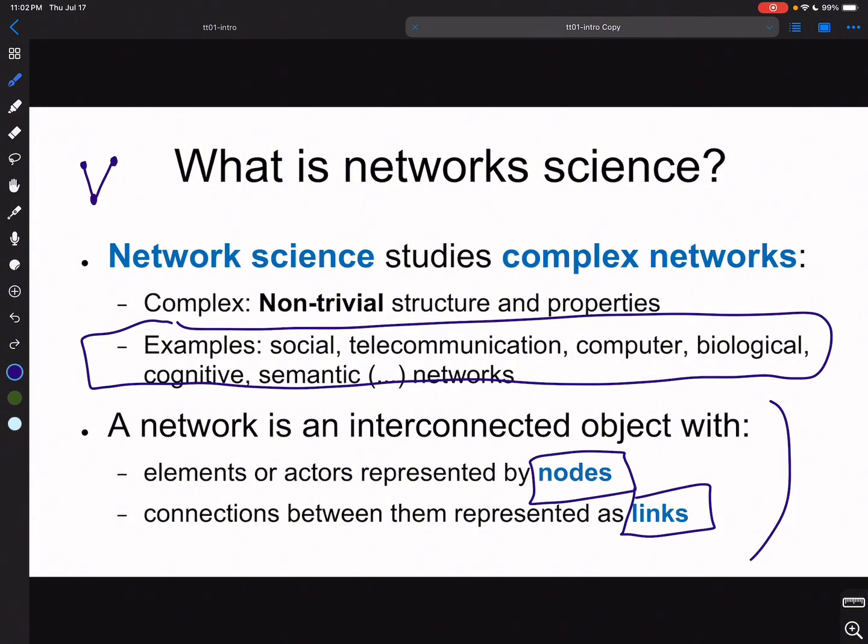You could have a telecommunication network where satellites are linked together, which would just mean that they can send and receive signals between each other. In that example, the nodes that I'm drawing would be satellites, and the links between them would be if one of them can send a signal to the other one. There can be computer networks, from one computer to another. I believe we are also going to think about the components of a single computer, and some of them can communicate with other components of the computer. So even a single computer can be an example of a network of components.